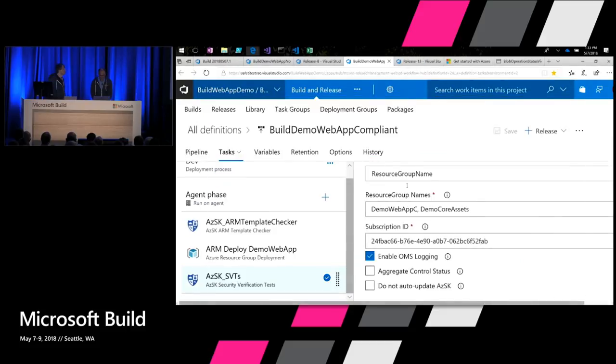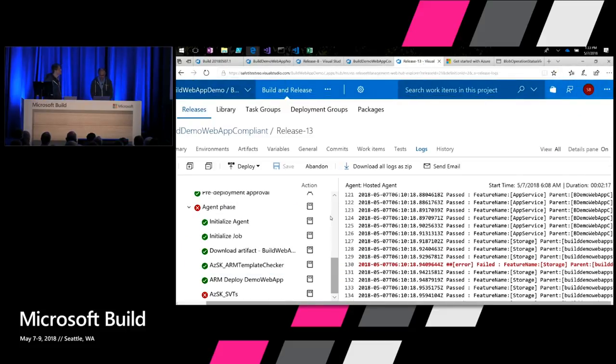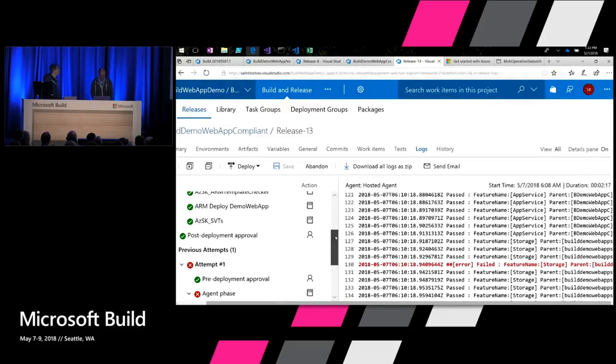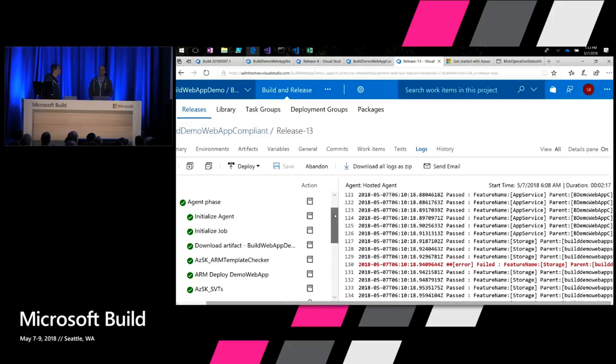Now let's get back to our CI/CD pipeline, right? So here, as an engineer, I found an issue, I fixed it, and this time everything is looking green. So my storage control is also passing. That gives me confidence that my release is ready to get to the next stage. It could be the next ring, or it could be the next environment, right?